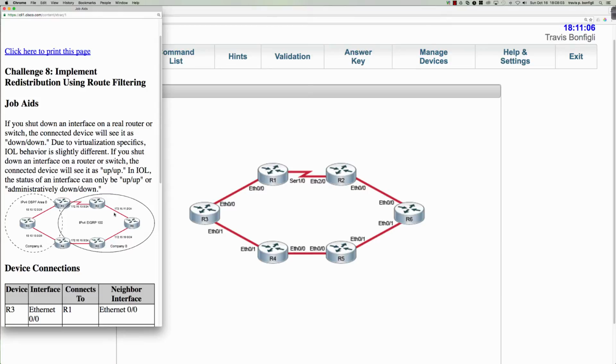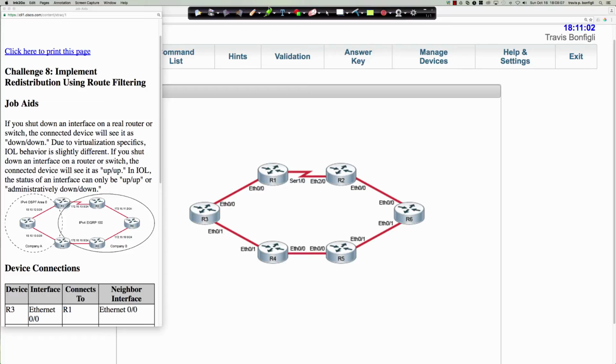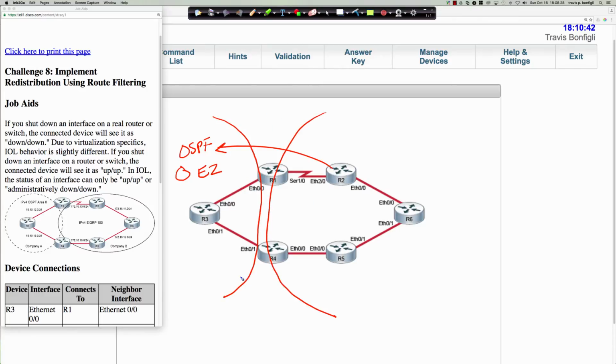So what we're going to have when we're finished is OE2 routing information over here, that is the EIGRP information sent into OSPF, and then likewise the OSPF information that shows up over here will be